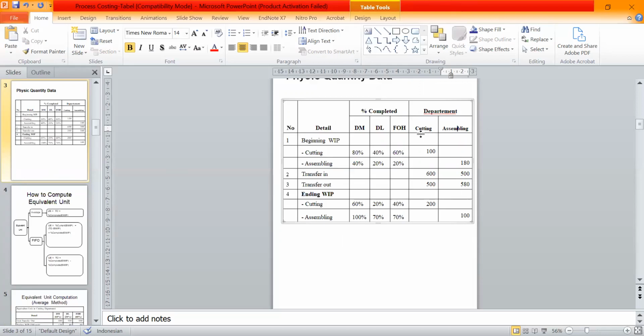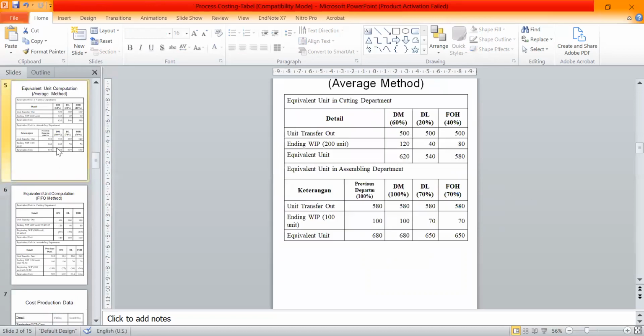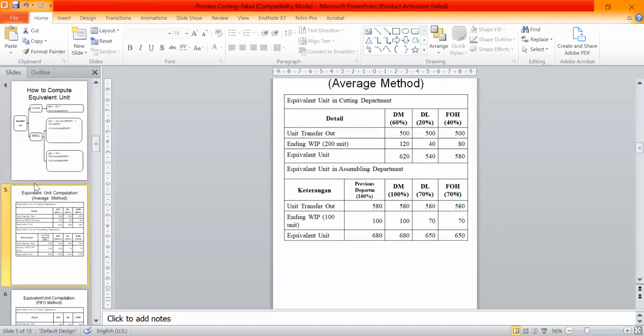So after the assembly department is the finished goods warehouse. So the transfer out here tells us about the units that will be transferred to the finished goods warehouse from the assembly department. So be careful in using which number to compute all of this, and also to make the cost production statement. Please be careful